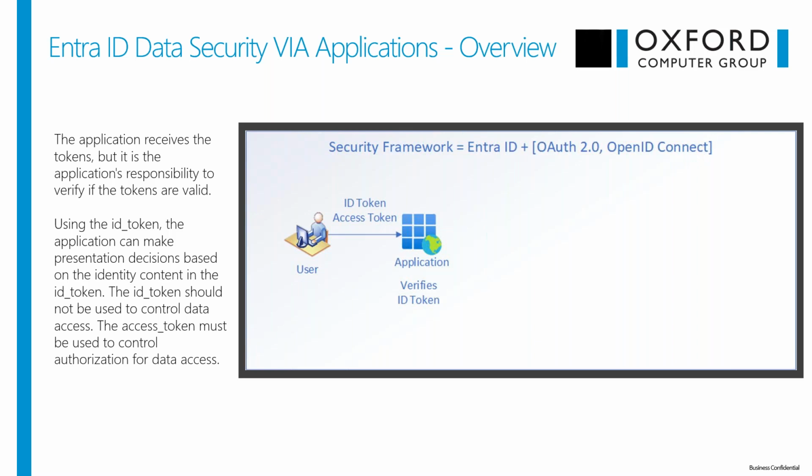The ID token gives you information about the user that has just authenticated. The ID token is only used for identity information. It shouldn't be used to access any APIs. APIs should utilize OAuth with the access token. The ID token really is there to give some type of presentation to the end user, like, hey, that's your picture, who you are, your phone number,